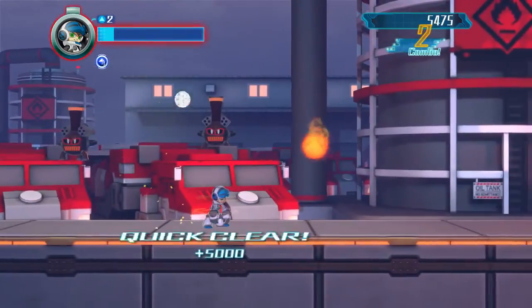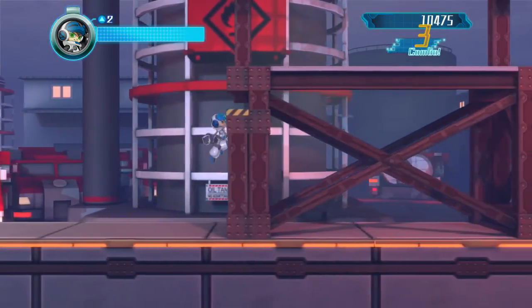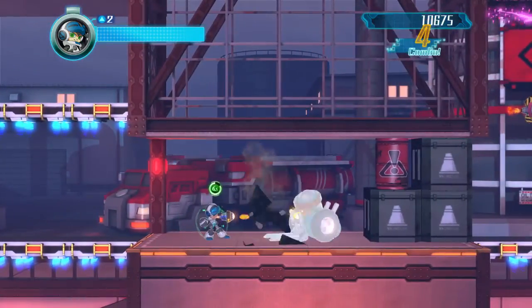Don't want to die here. Okay. Oh, hey, I got my sub-tank. Use them or lose them. Yeah, there's no reason not to just use that right away if you're going to die, because you lose it if you die, so...